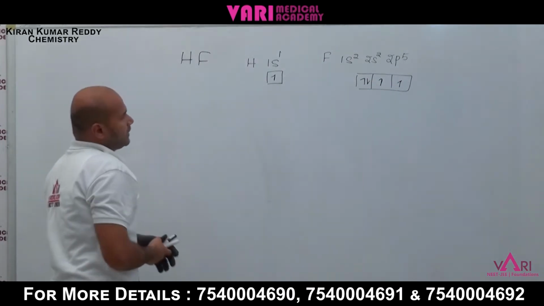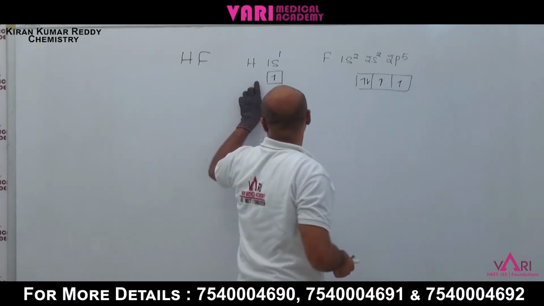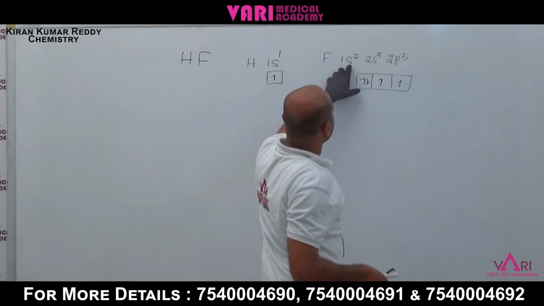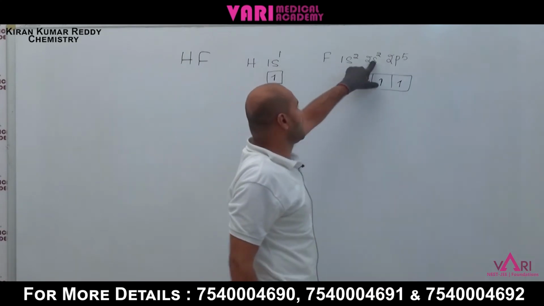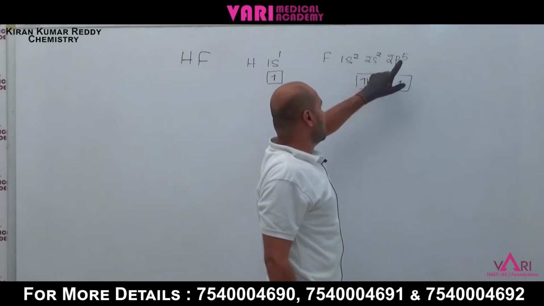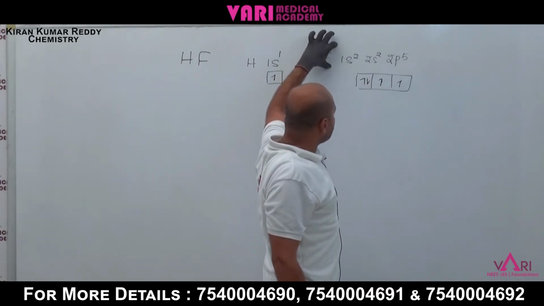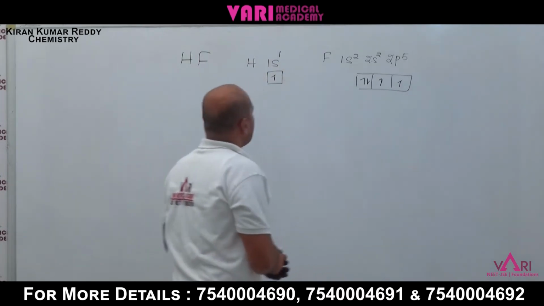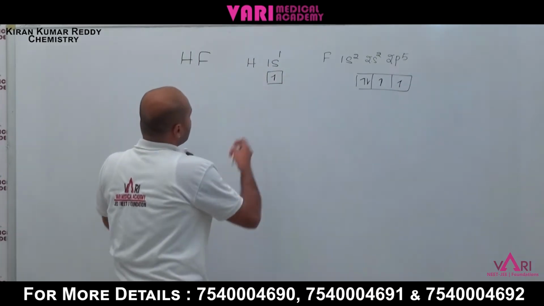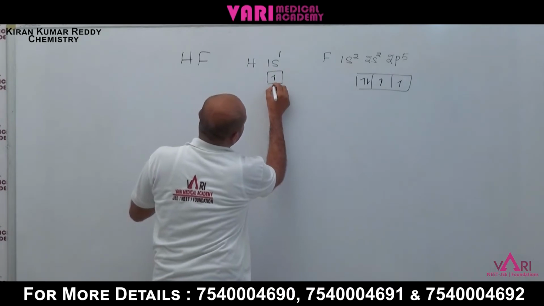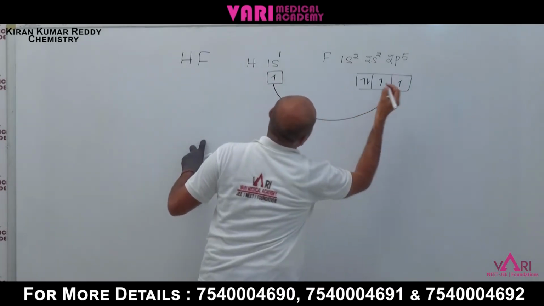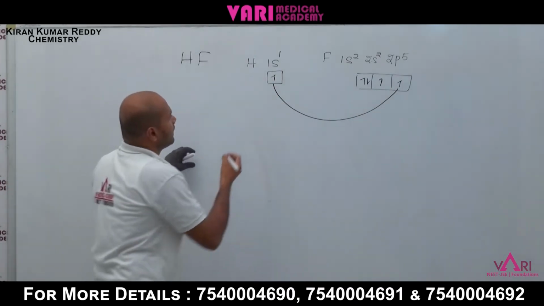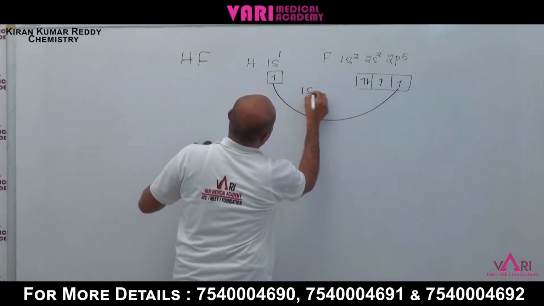Now here is one hydrogen atom. Fluorine is 1s2, 2s2, 2p5, that is a total of 9. Now here is pz. This one is the s orbital, and this one is the p orbital, meaning the 1s and 2p